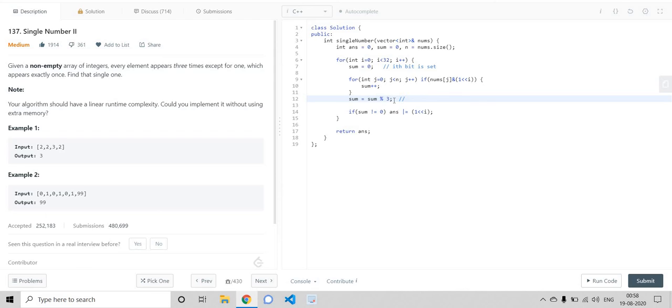And at the end, if the value of sum is divisible by 3, it means only numbers of type T1 had this bit set. We are sure that type T2 won't have that bit set, because if it had been set by type T2, this sum mod 3 would not be equal to 0. So if sum mod 3 is not equal to 0, we are adding that value,